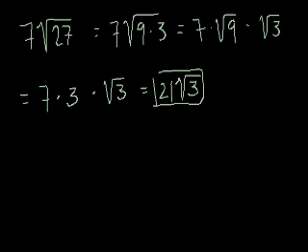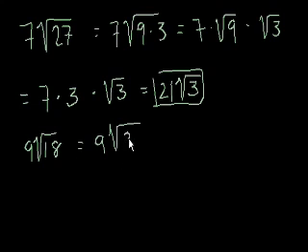What is 9 times the square root of 18? Well, once again, what are the factors of 18? Well, we have 6 and 3, 1 and 18. None of the numbers I mentioned so far are perfect squares, but we also have 2 and 9. And 9 is a perfect square. So let's write that. That's equal to 9 times the square root of 2 times 9, which is equal to